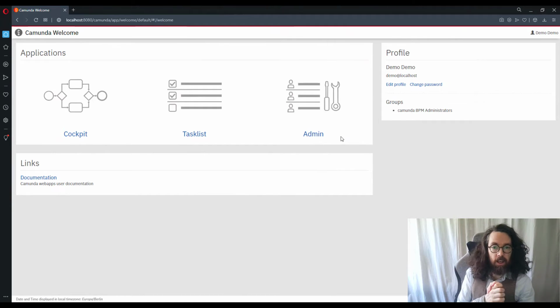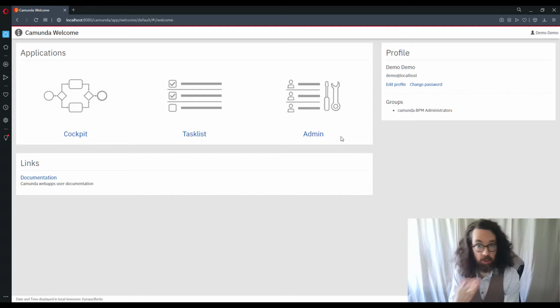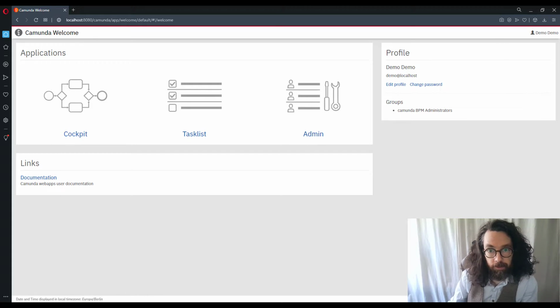Alrighty, so last time we left you, we were starting up Camunda Run, and there it is in all its glory. This part we are going to create the first iteration of our process, which is going to be user task orientated, and it's going to have Camunda forms attached to the user tasks. For this, we need the Camunda modeler.